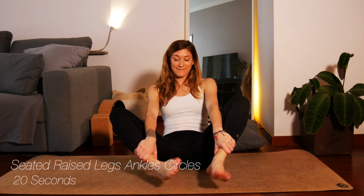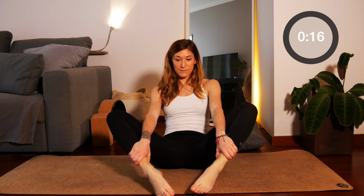Great! Now we slowly lower the right leg to the mat, going into seated raised leg ankle circles for 20 seconds. Take hold of the ankles with the legs raised or on the mat, alternating directions with the feet at whatever pace feels good for you. Listen to your body. Switch directions, and if you would like, maybe a few up and downs. When you're ready, lower the feet to the mat and release the hands, taking it to butterfly pose, either with